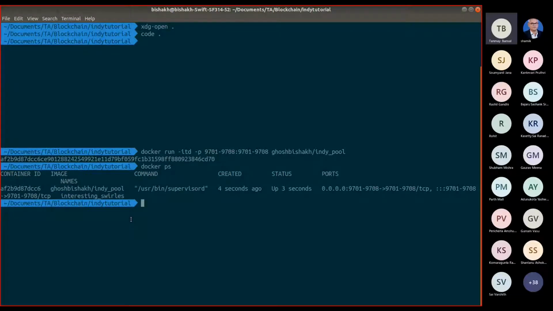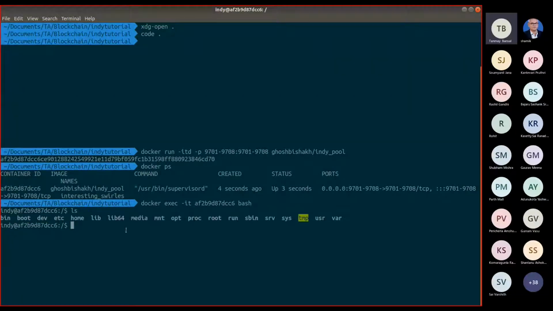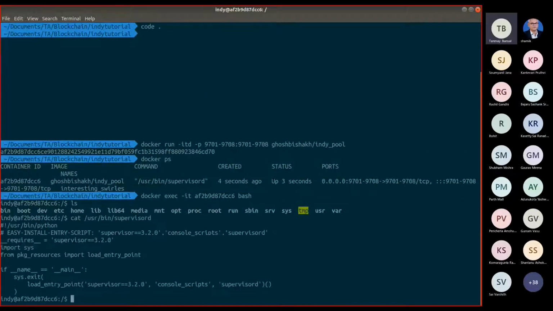Let me click into it to see what is happening inside it. Okay, so we have entered this particular Docker container which is running the Indy pool. You can see that it is running this command, so you can go ahead and see what it does.